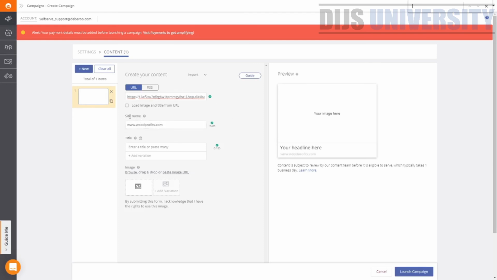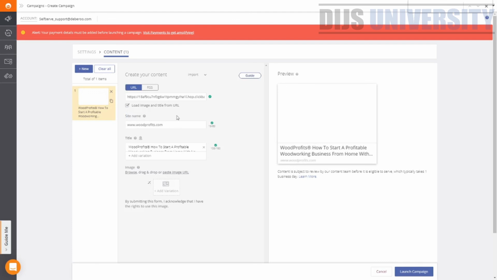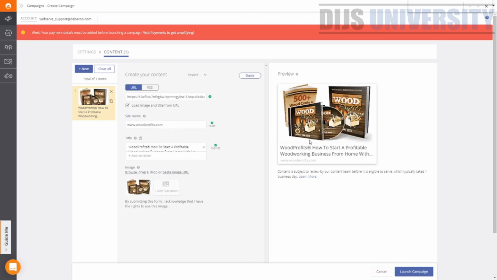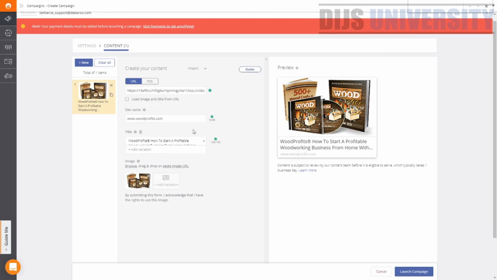Okay, everything is good. So the site name is automatically generated, you can actually see. So it's a wood profit offer. Just for a sample of it, guys, I'm just showing you. It will actually go ahead, and you can load the image automatically like this as well. So the title and the image will be automatically loaded, and your ad is done. You can do this, or you can go ahead and do the manual type of